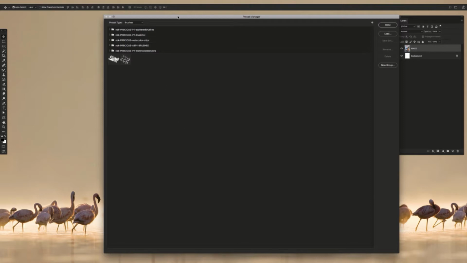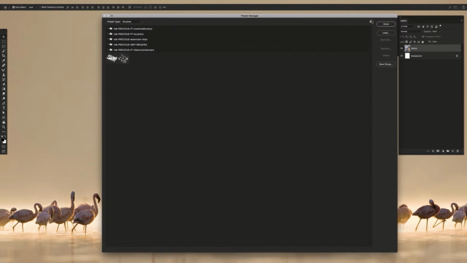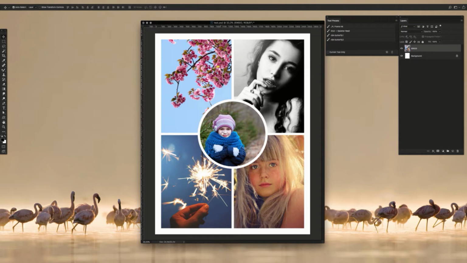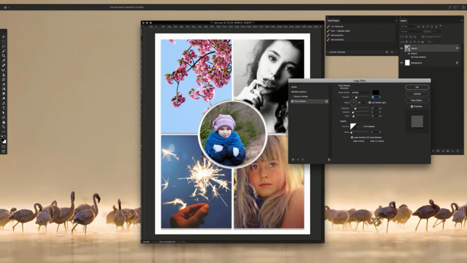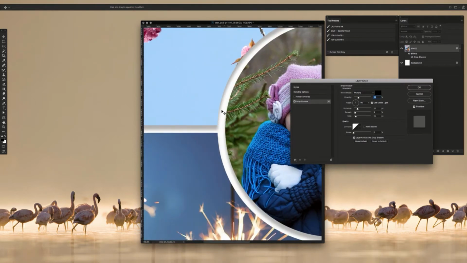If you do that, it can happen that you create a shadow, for example. We're going to add here now a little bit of a shadow. You can see when I zoom in, here's the shadow. So, and if you like to have that shadow now